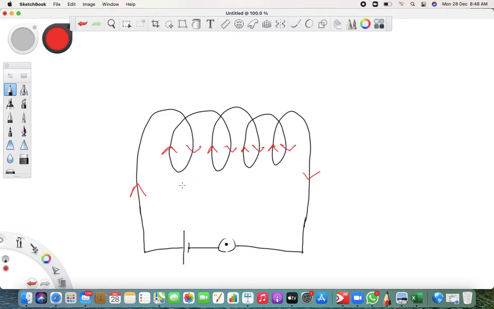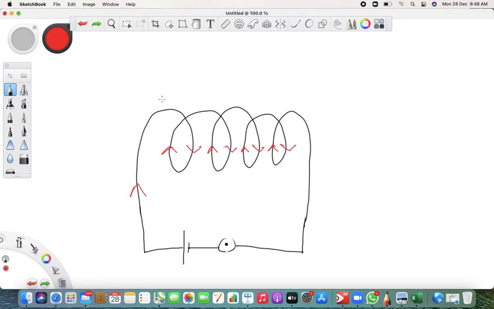Now if you use the right hand thumb rule, for the one where the current is down, your thumb is in the downward direction, this is your thumb. So where do your fingers wrap? Your fingers wrap like this, okay. So basically the magnetic field goes like this.